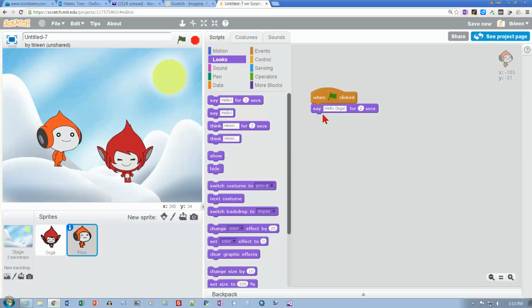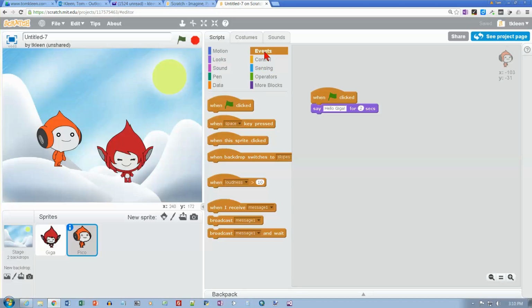And now we're on number 5 on page 27. We want to go to the events menu and add a broadcast block. So let's go to events here, and actually what we're doing now is we are creating an event. And so after Pico says hello, we're going to broadcast a message, which means it gets sent to every other sprite that is in my program. So Giga will be able to read the message. And the message I want to put in here, just click,